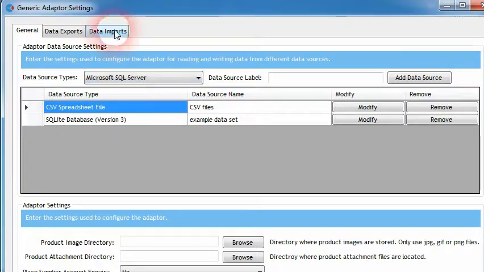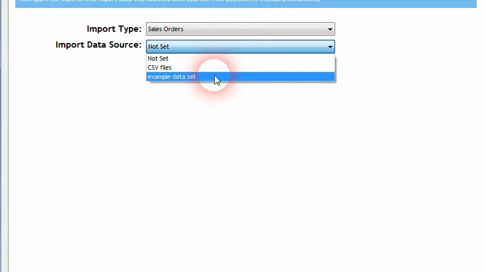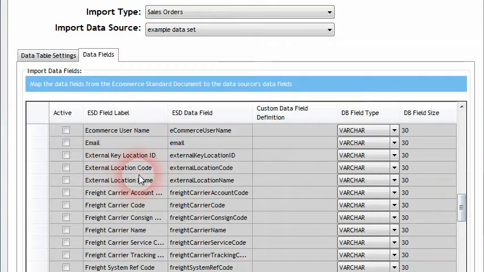If we click on the Data Imports tab, and we choose the sales orders import type, and we assign that to our associated data source, in the data fields, you'll now see in the list the 3 fields that have been added: the external key location ID, the external location code, and the external location name. So we can now go off, and wherever we're saving this data to, we can provide the names of the columns in our associated business system, and then we can do the same for that,